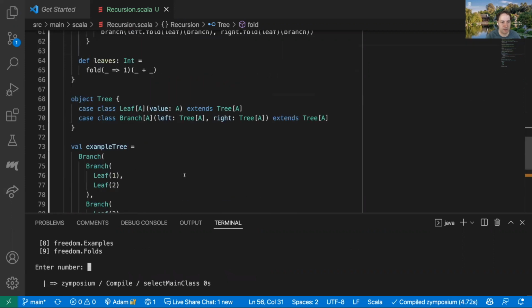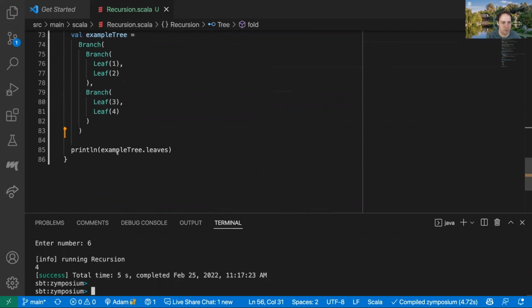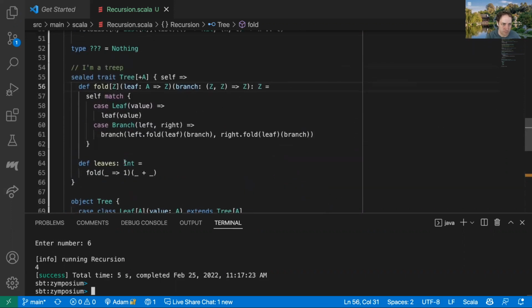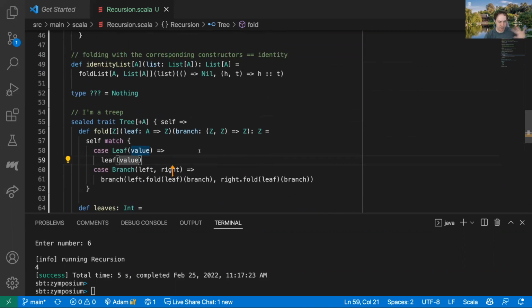So let's, yep, and now we're able to get rid of that. And now if I can remember, we are at 6, and there we go. So we get the same thing. So one thing here, I think, even before we get into anything more advanced, is